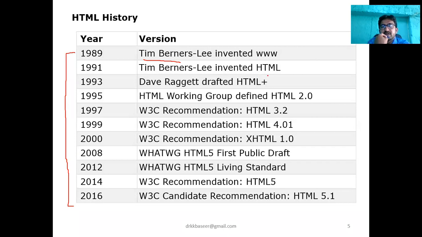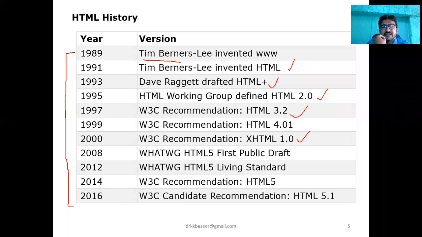Later in 1991, it was called HTML. Next, in 1993, HTML+. In 1995, HTML 2.0. In 1997, HTML 3.2. In 2000, XHTML 1.0. In 2008, WHATWG HTML5, that is the first public draft.